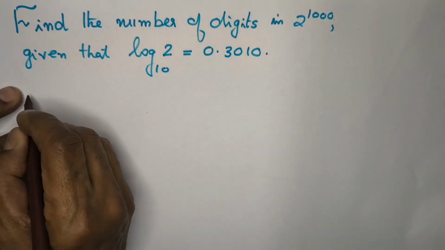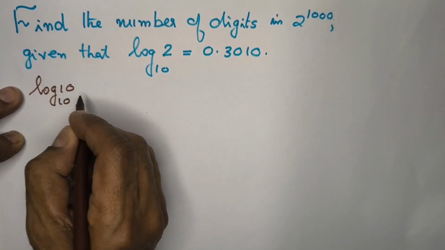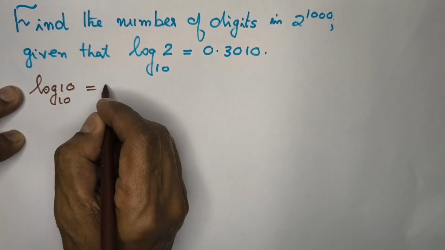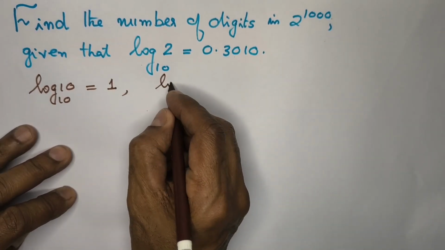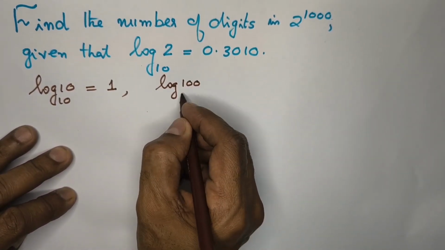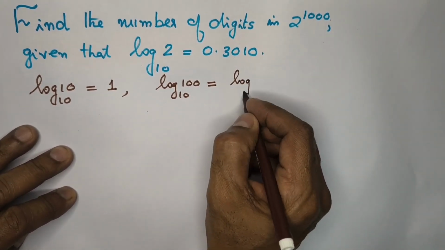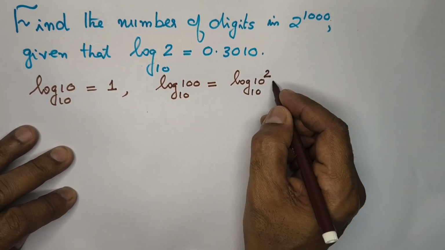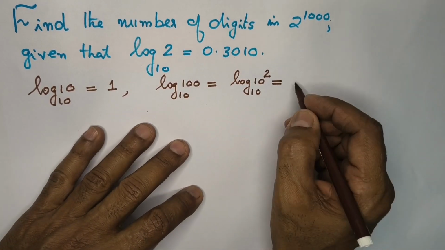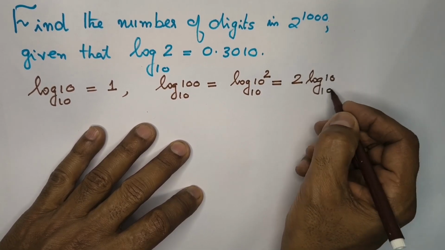As you know, logarithm of 10 to the base 10, logarithm of any number to the same base, is 1. Now let's find out logarithm of 100 to the base 10. For that, write 100 as 10 square, and this is equal to 2 log 10 to the base 10